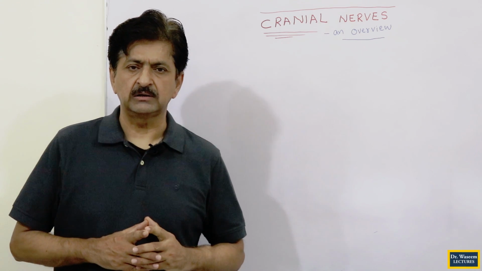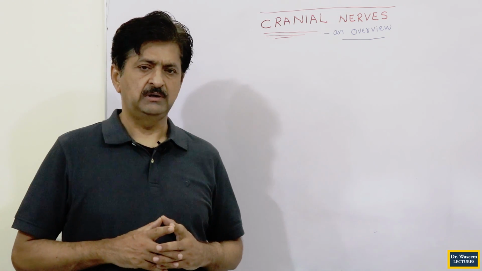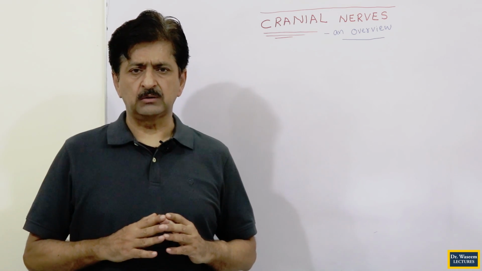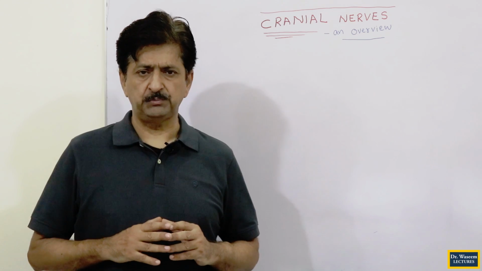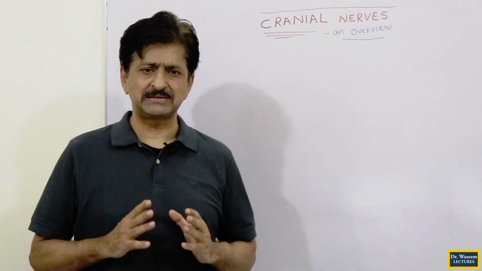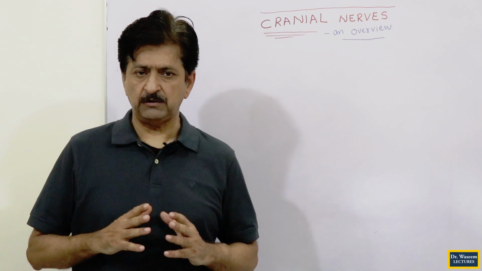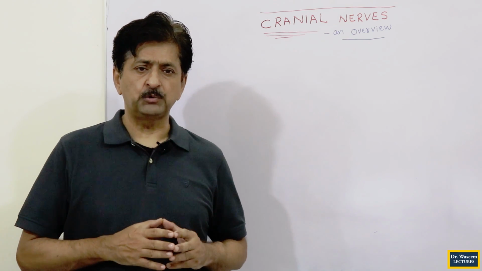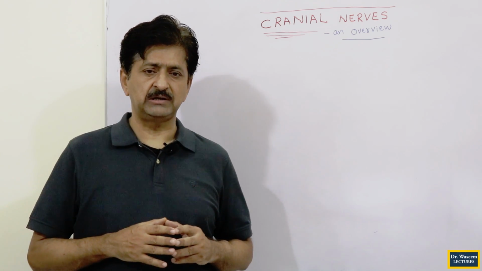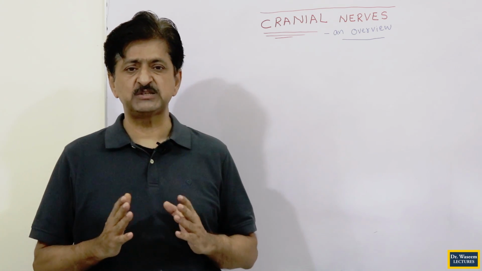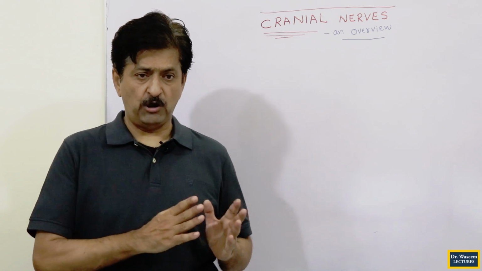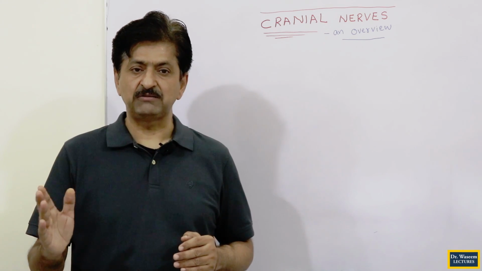In today's class, we are going to discuss the topic of the cranial nerves. In this session, we are going to give a quick overview of this topic, in which we will try to understand the basics of the cranial nerves, where they emerge from, and what functional components they carry. If you compare them with the spinal nerves, the similarity is that they are a part of the peripheral nervous system, just like spinal nerves. And there are 12 pairs, against the spinal nerves, which are 31 pairs.